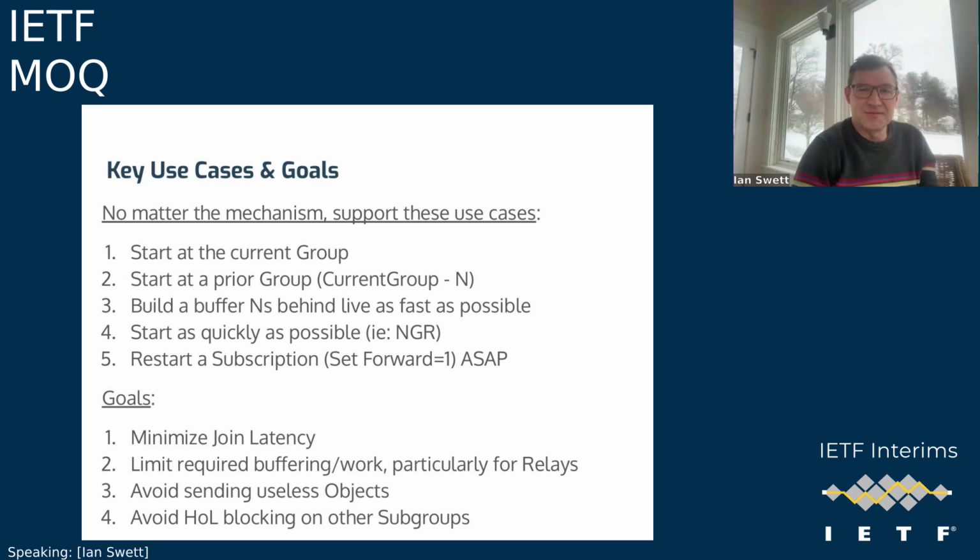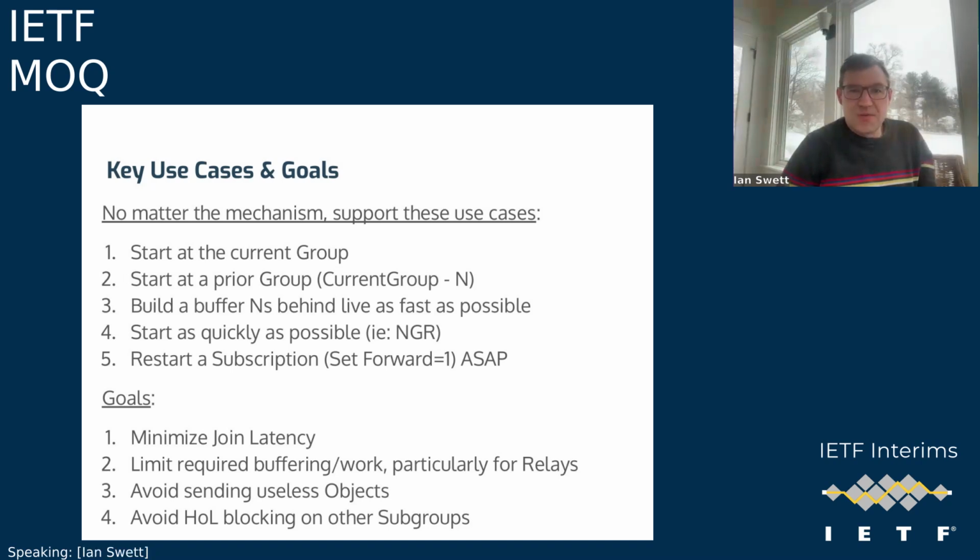Just for clarification. Start as quickly as possible, so the new group request mode. And we need to clarify restarting a subscription, which currently has an outstanding PR we talked about last time: when you set forward equal to 1, how do you make sure you actually get a join point and don't just get started in the middle of the group. All